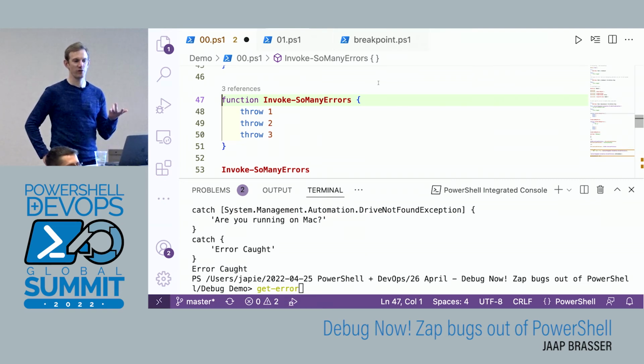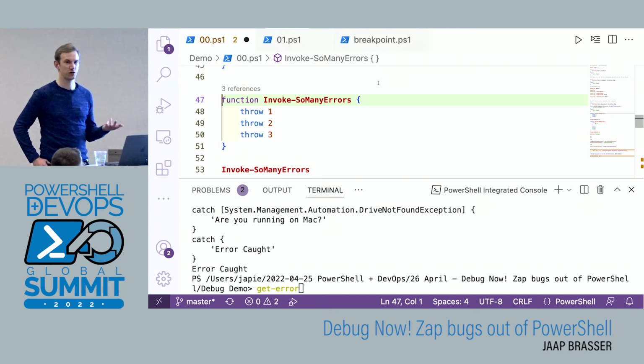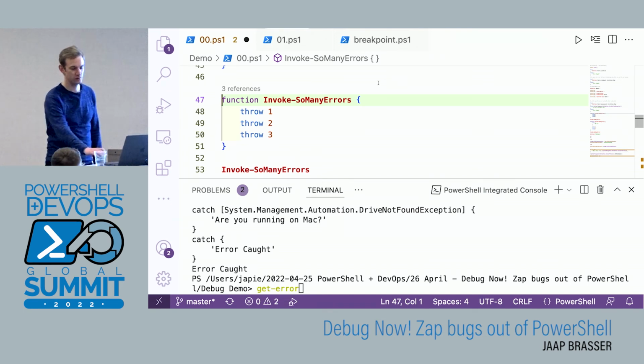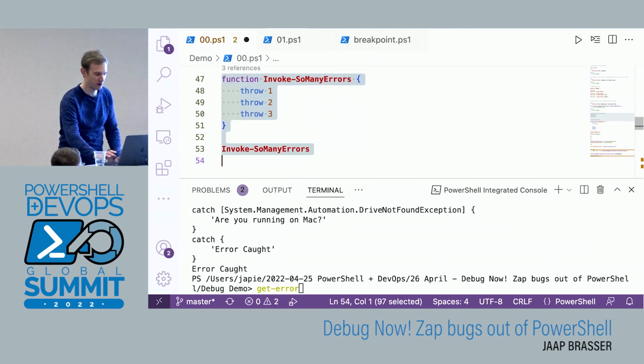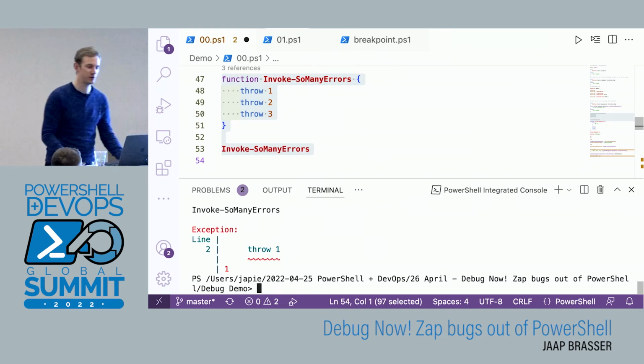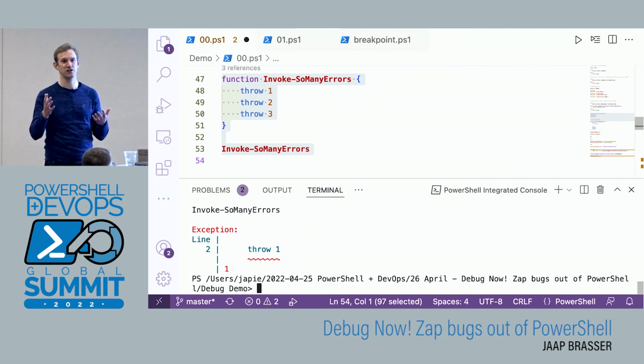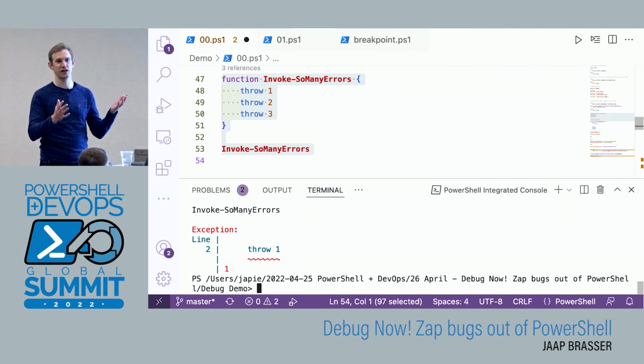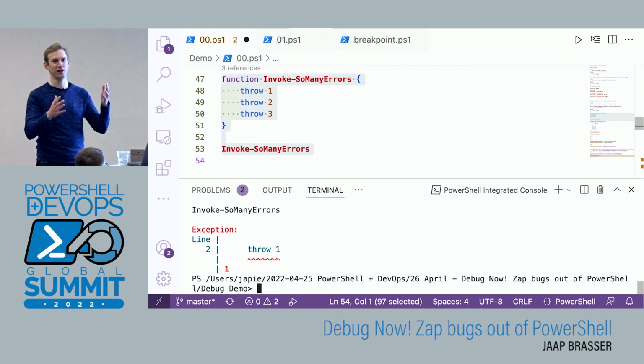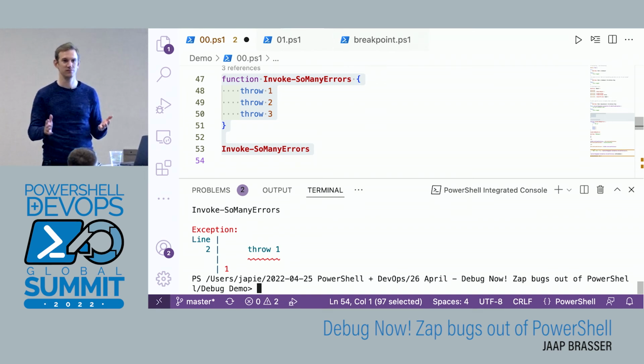Yep, that's correct. One of the problems with throwing as well, and that was what I was going to show here, is that if you throw, it will just stop executing. So if you have a throw anywhere inside of a module, if it's in your first command, then the rest will no longer execute. And